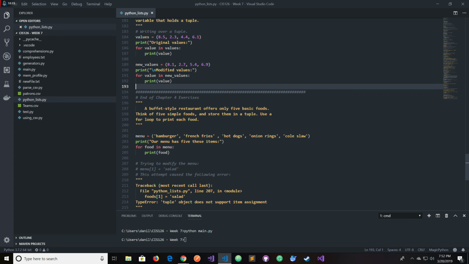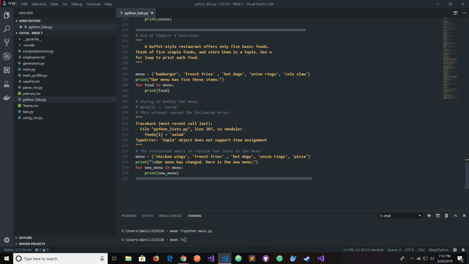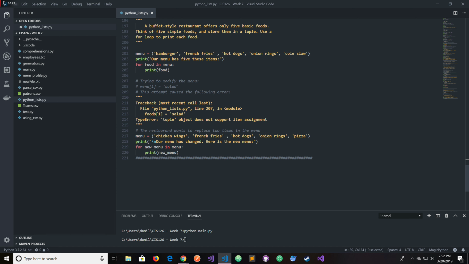So tuples are good for that because once they're created in memory, you cannot change them. They also are faster to iterate with a loop, and they take less space in memory as well. But that's it. This video is probably a little too long, and